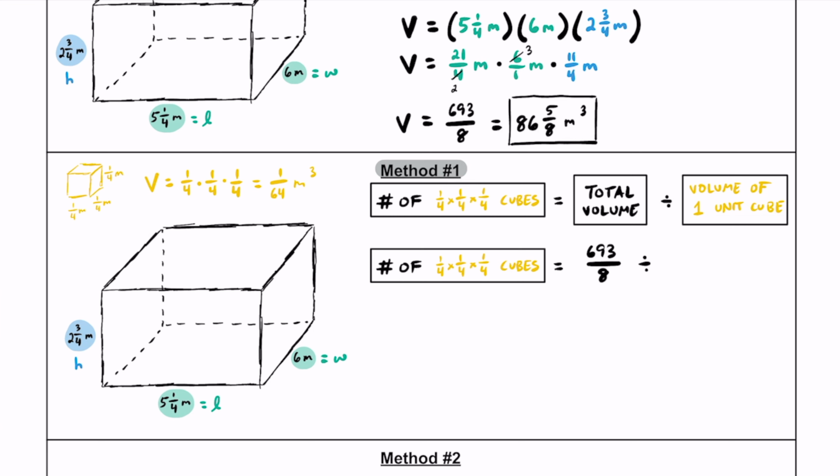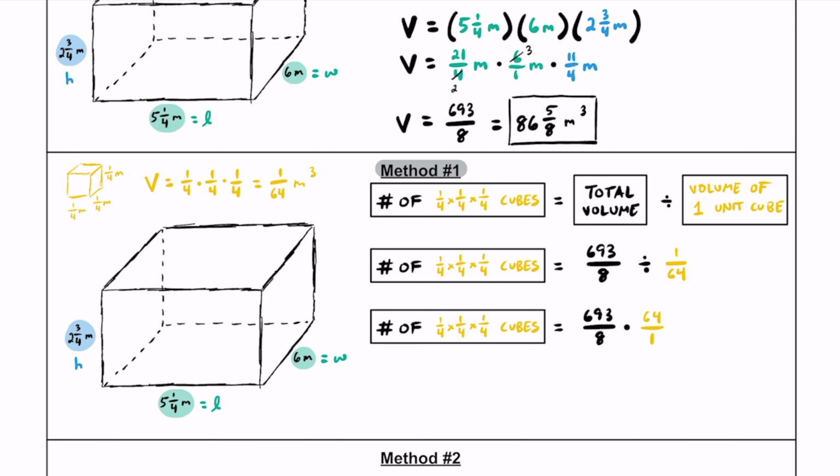Let's divide that by the volume of one of these cubes. So the volume of one of these unit cubes is just going to be 1/64. Again, I'm going to leave the units off for now. Let's put them in a little bit. It's going to be 1/64. And let's see what this is going to turn into. If we're dividing fractions, we can multiply by the reciprocal of the second fraction. So 693/8 multiplied by